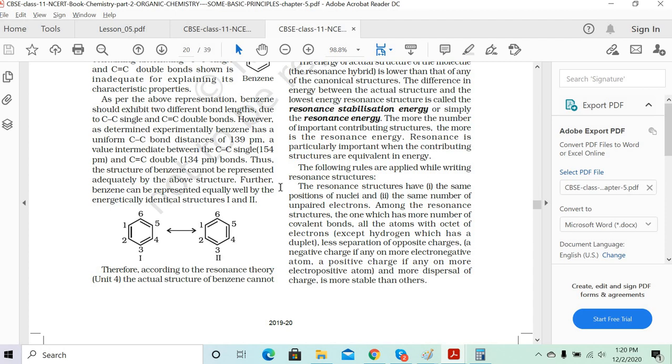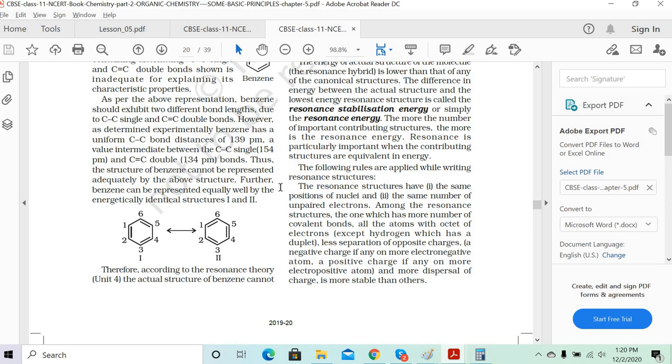So benzene is basically represented, all the bonds are basically different in there. No, it's the same basically. The bond length is 139. But how do you represent the 139 now? Because single bond is 154 and double bond is 134. So we have to represent how the bond can be represented now.